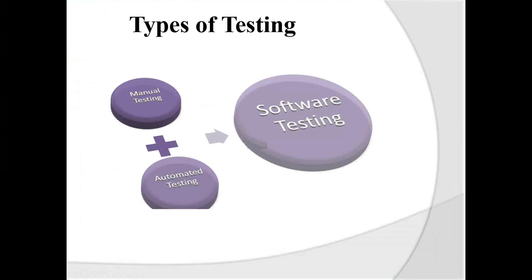Because they'll be executing during releases, it's the same set of test cases again and again. Either it's going to be smoke and regression or only regression, based on the release, right? So to avoid this, if we automate all those smoke test cases along with the regression test cases, then whenever there is a new release, we just execute those automation scripts, and because of that the number of resources and the time taken will get reduced,